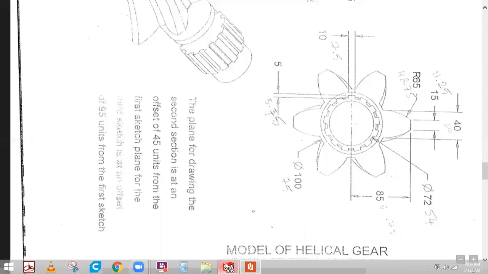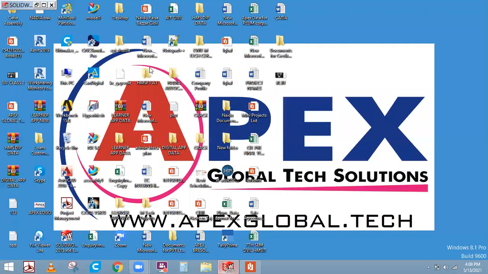What we have to do is create this part. The dia is 100, and we have to create this one, and once it is done, we have to rotate and do it again. Instead of doing this one, it will take some time. So that's why I'll go with the helix. Even this has 6 sides. I'll do it, and I'll tell you how to do this. See here now. I'll just go to this.